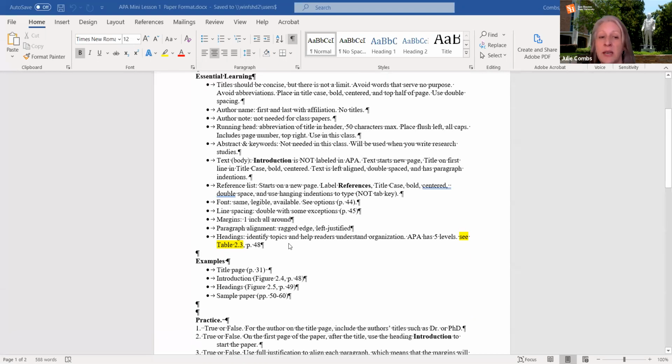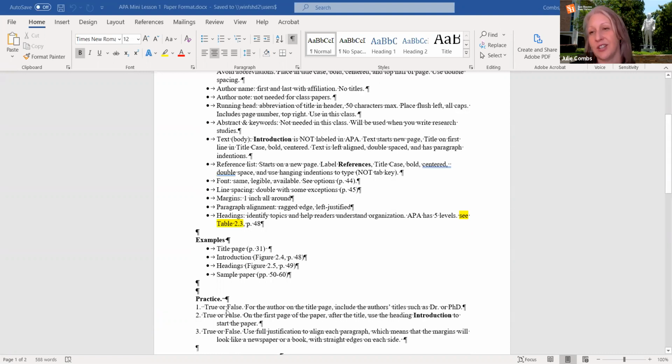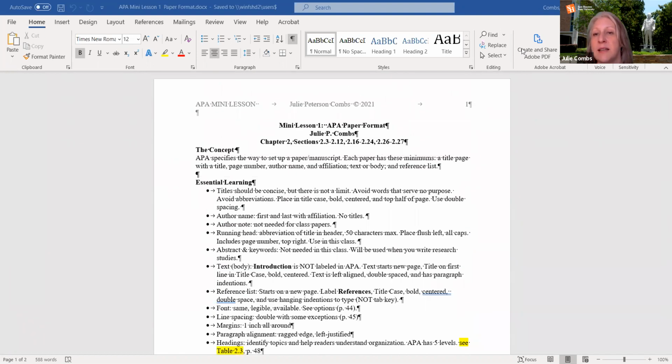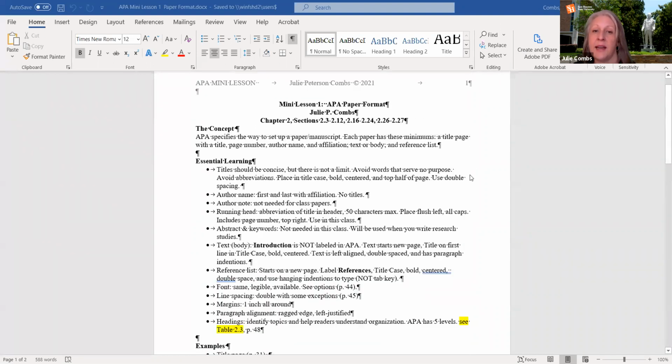The next section of the mini lesson is examples. And so I asked them to point out any helpful examples in the book. And then the last section is a practice section. So I asked them just to write a few quiz type questions where we could do together as a class and just practice, not many, 2 or 3, just so that they can practice that content. So this is an example of a mini lesson that covers the concept, the learning, and some examples. And this is really helpful when students are trying to remember a concept, as this contains usually some of the more important details about that concept.